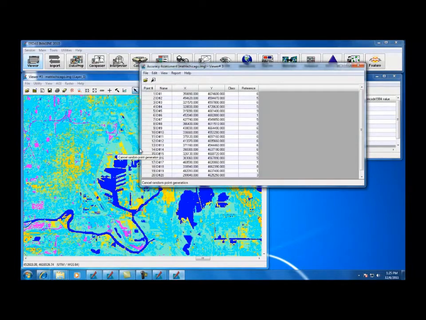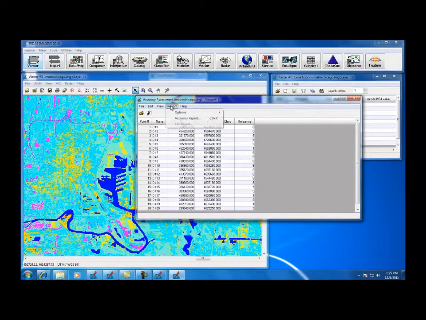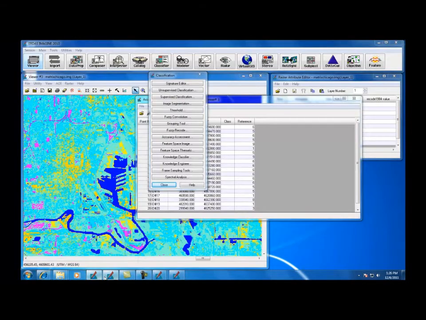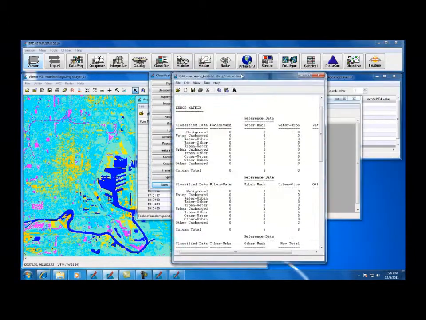And so then we get that, and then I would go through each of the points on the map and then compare it to the references I was given in the accuracy assessment viewer. And then after that, once everything was compiled, I would make sure these three are checked: error matrix, accuracy totals, and Kappa statistics. And then I would produce an accuracy report. And since I already did that, let's skip that step, and I have it here somewhere. Here we go. Here was my error matrix